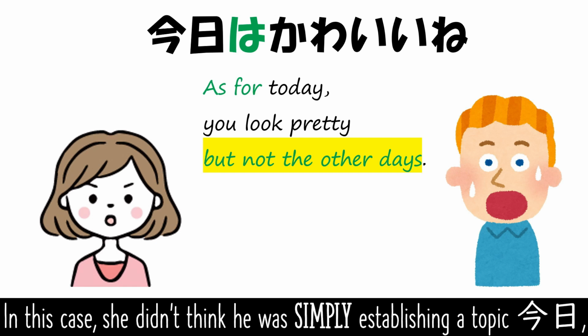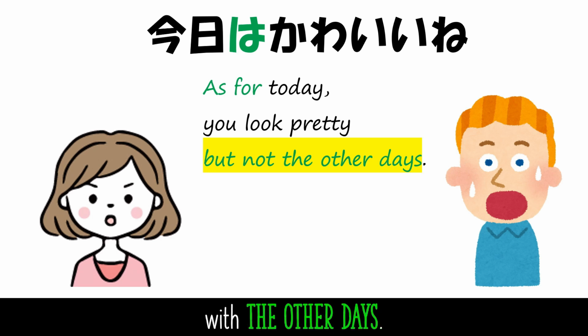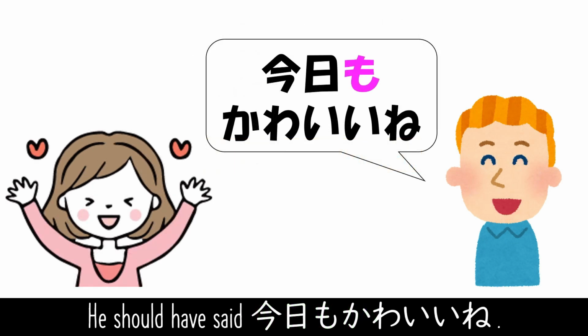In this case, she didn't think he was simply establishing a topic, today, but she thought he was comparing her today's appearance with the other days. He should have said, 今日もかわいいね。